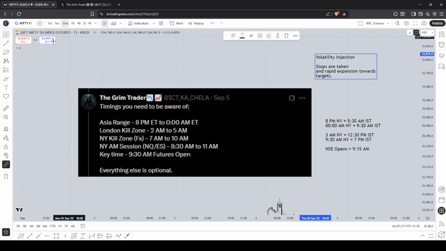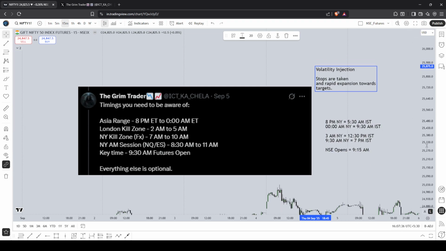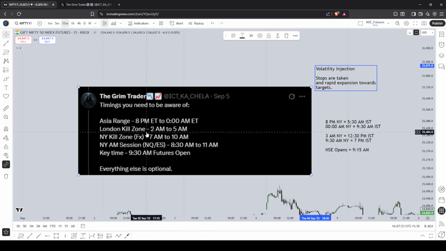For the Nifty 50 in particular, the 9:15 a.m. futures open is extremely crucial. The National Stock Exchange opens at 9:15, but GIFT opens 1 hour after the start of Asia session at 6:30 a.m. India time or 9 p.m. New York time. Going forward, these are the times you need to pay attention to. This acts as a guideline for you. This is what you operate on, especially this part. These, okay, this is still important.